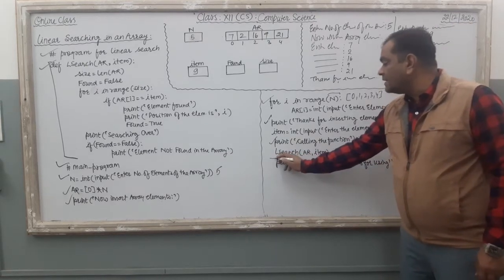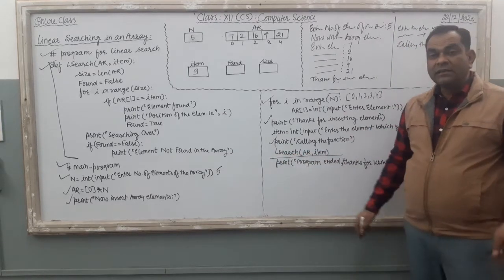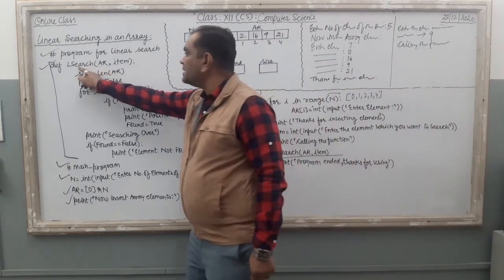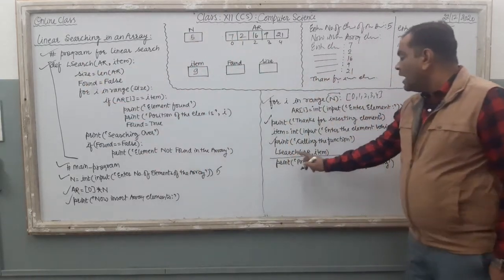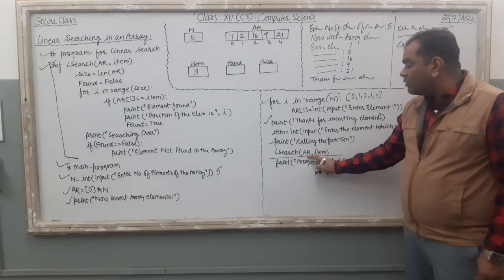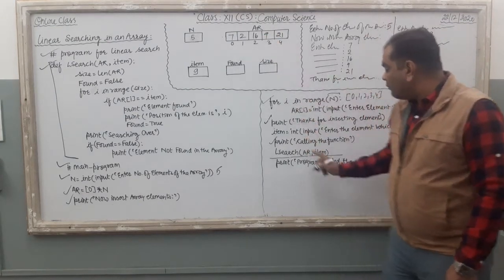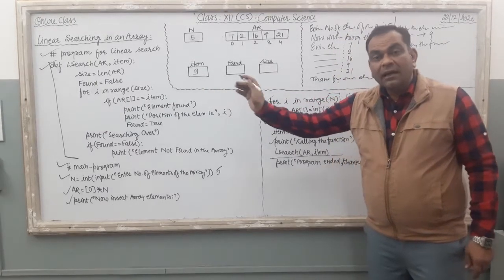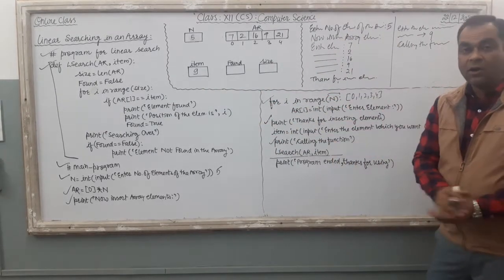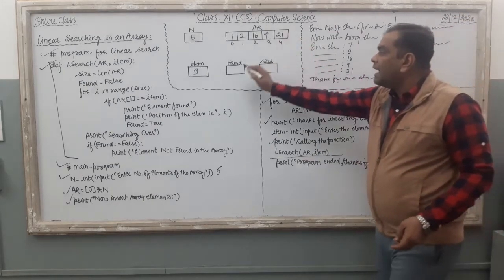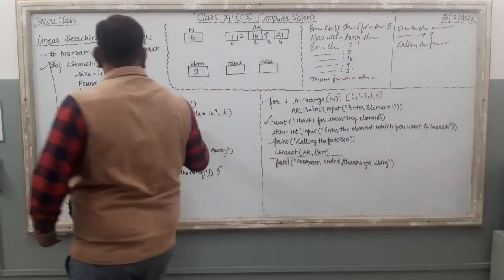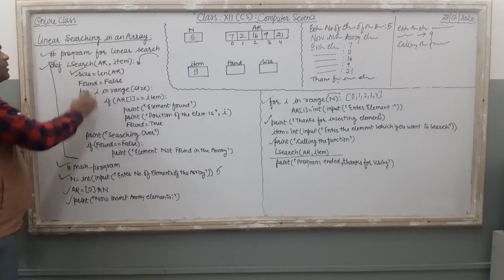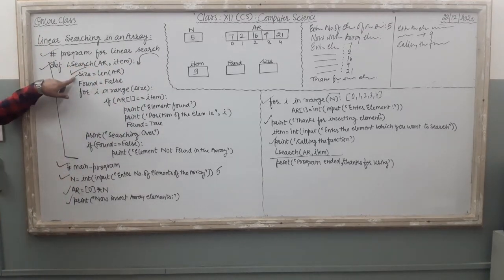Then just see, it is the function call. What is there in the calling statement? L search, function name is there. L search, it is the name, and the same name is here. And then AR comma item. What is AR? AR is our array. What is item? Item means the specific value that you want to search, whether that value is there in the array or not. Right? So array and item, these two variables are passed to this function. Now your computer is going to execute the function statements.